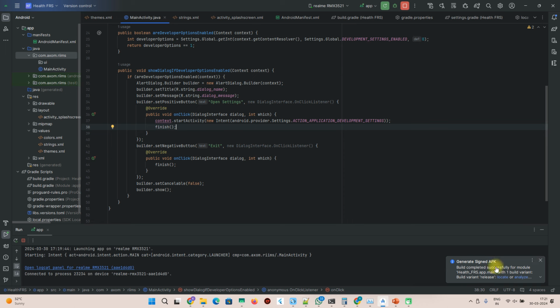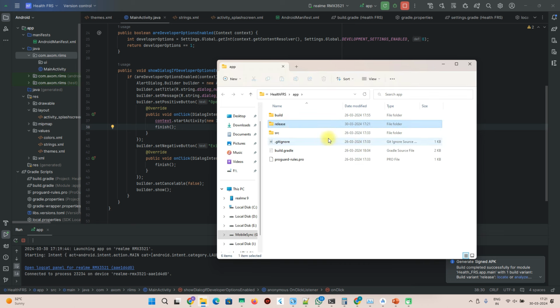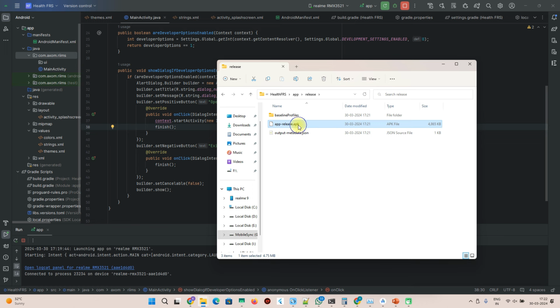Okay, our APK successfully generated. Here you can see the generated signed APK build completed successfully for the health FRS. So we will locate the APK file, and the APK file will be under the release folder. We will copy this one,